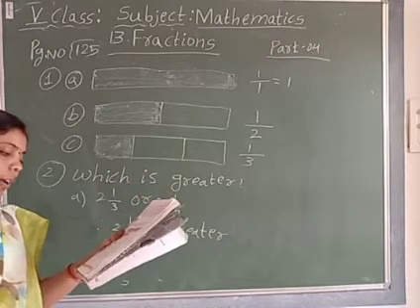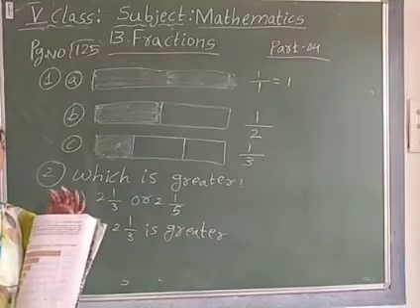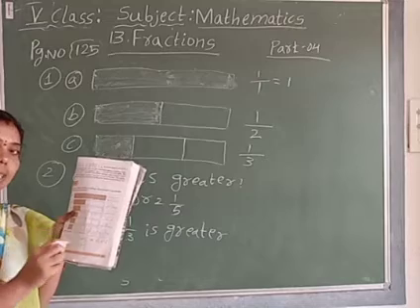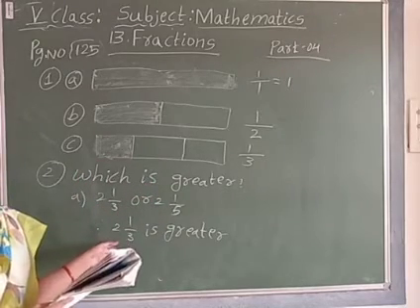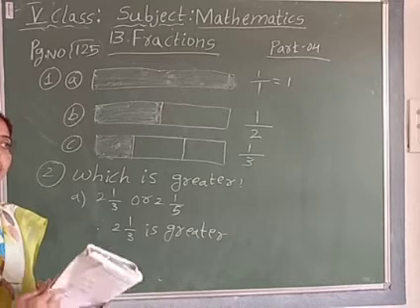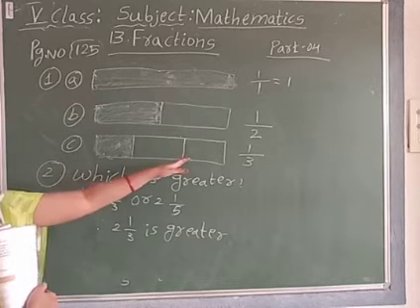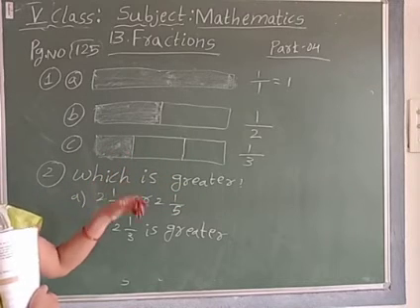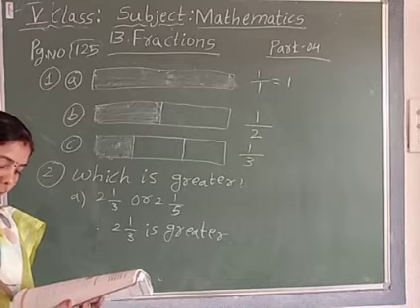Next, 4 1 by 8 or 4 1 by 4. First of all you will check the denominators of these fractions, children. The fraction whose denominator is less is the greater fraction. Understand? The fraction whose denominator is big is the smaller fraction. Why? Because it is divided into more parts, so less space came. That's why that one is the smaller fraction. Okay? Understand? So the remaining you will find out.